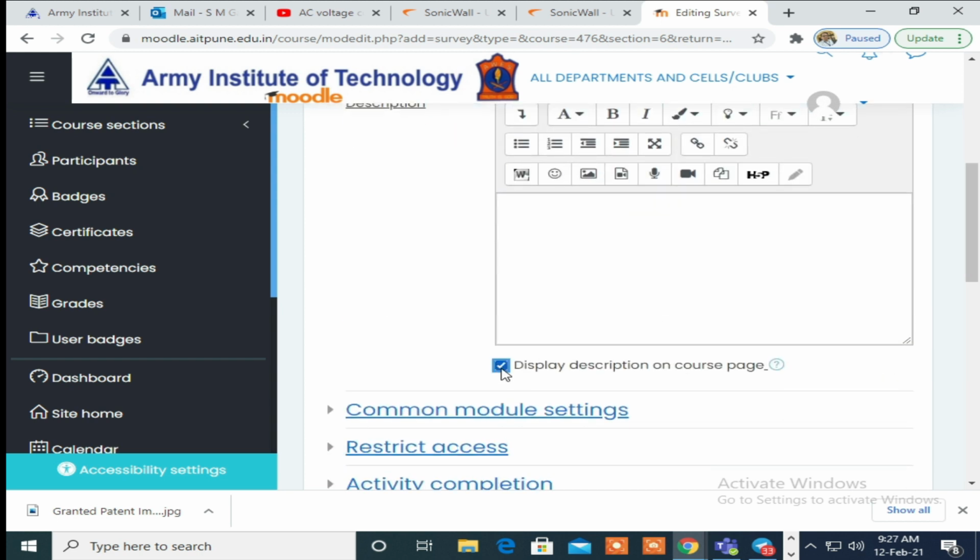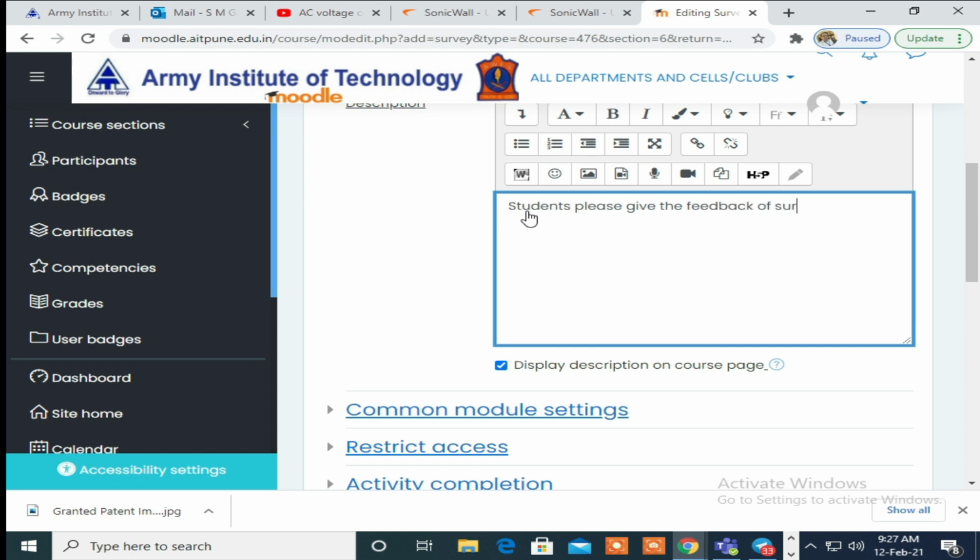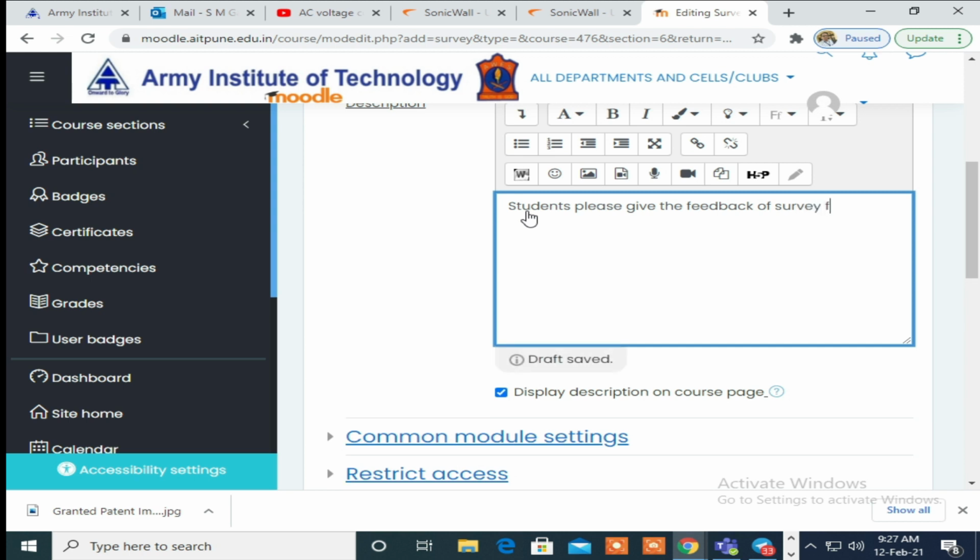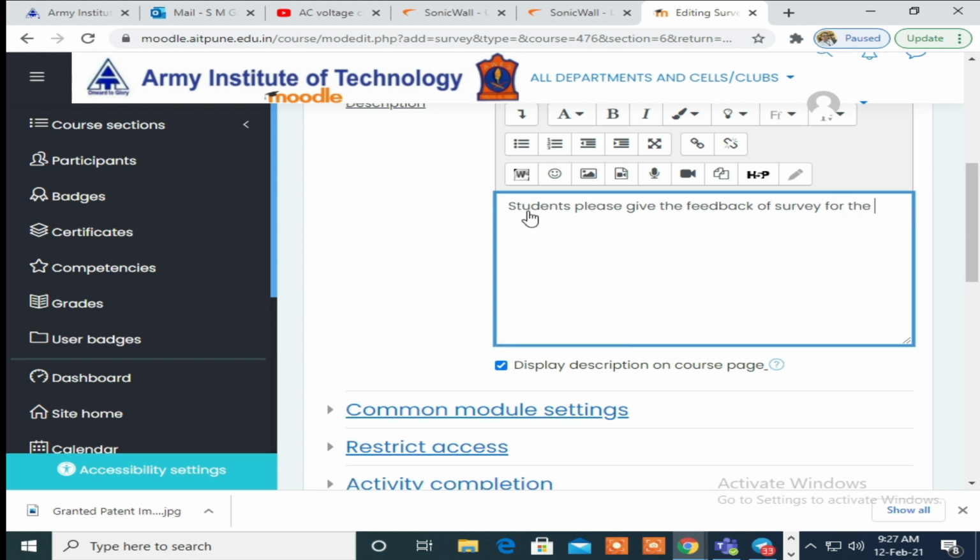And here you can write a message to students that students must give feedback. So this message you need to type so that students will get the message when we click that button.